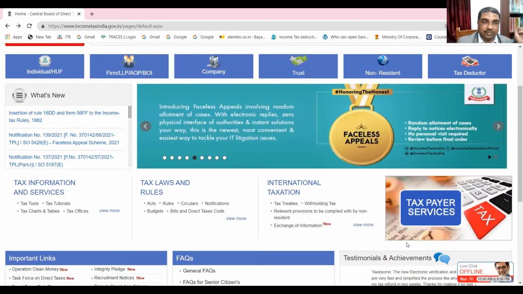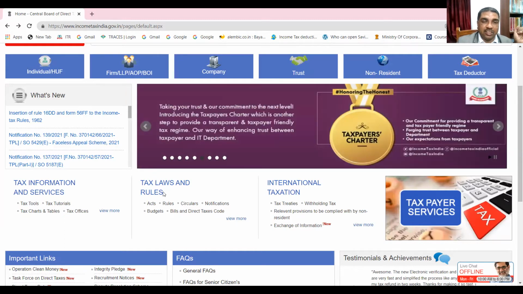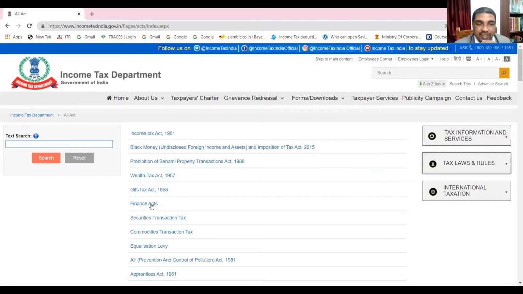Under the tax laws and rules. Yeah, under the tax laws and rules, there is a link Act. So let me click here. Okay, I clicked here. Now again, tell me, where should I click if I want to learn Income Tax Act? Income Tax Act 1961. Fantastic. Income Tax Act 1961 is there.